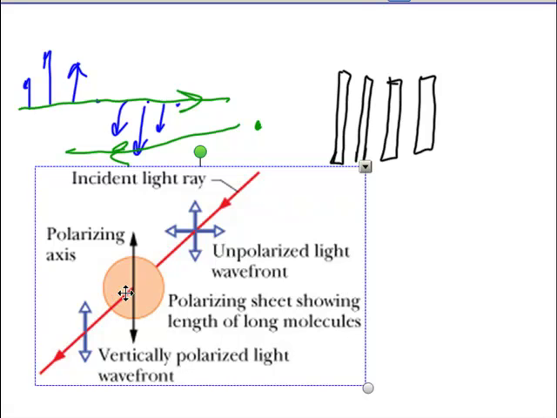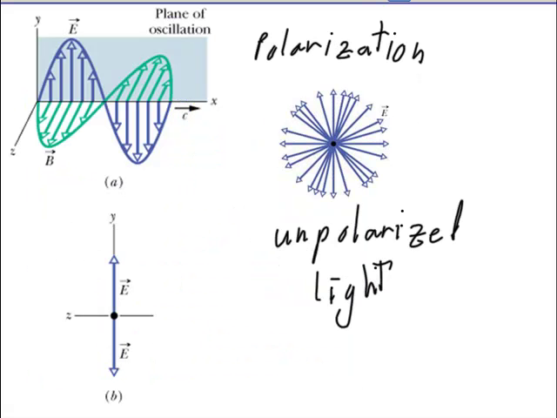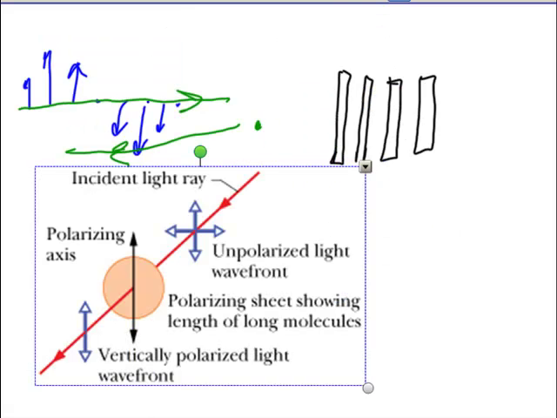Now you might look at that and look back here at this unpolarized light and think, well, only a very small amount of the light is perfectly aligned along that polarizing axis. That's true. But remember, light is made up of electromagnetic fields, and those fields are vectors. In other words, if I have a light wave where the electric field is oscillating along this direction,